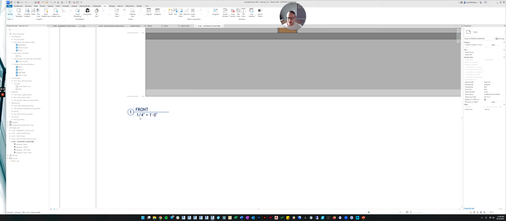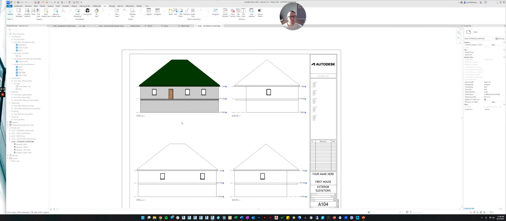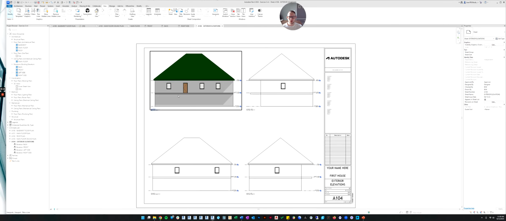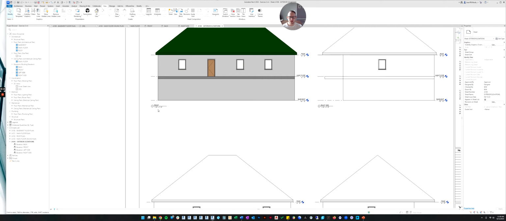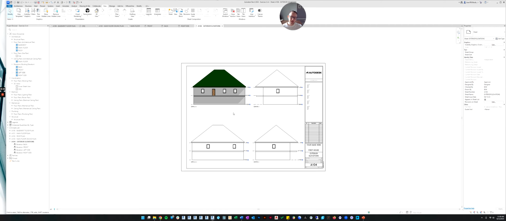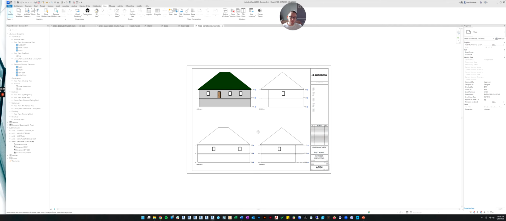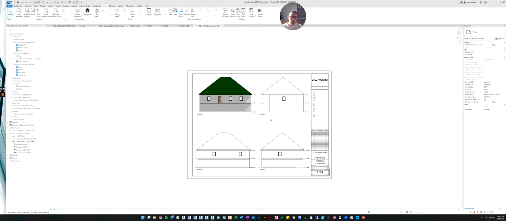You can see they were automatically drawn at 1/4 inch scale, which is usually good for residential. So you'd want to keep it at a 1/4 inch scale, if possible. Now, when we start to get into bigger models, they're not going to fit this nicely on a sheet. Typically, you're going to have to do multiple sheets. So maybe you do the front and the right side on one sheet, and then the left and the back on the other sheet. Or maybe it's so big, you need one sheet for each elevation.